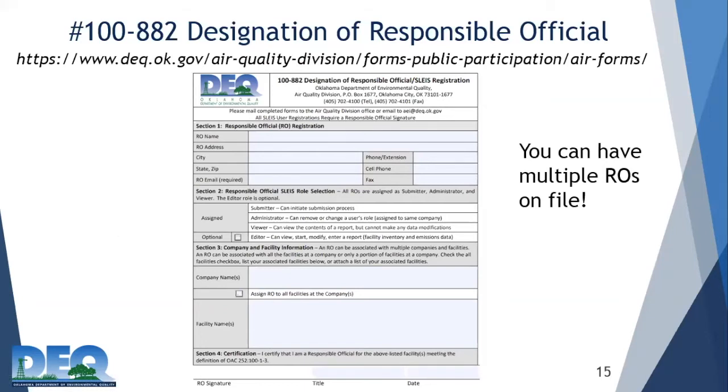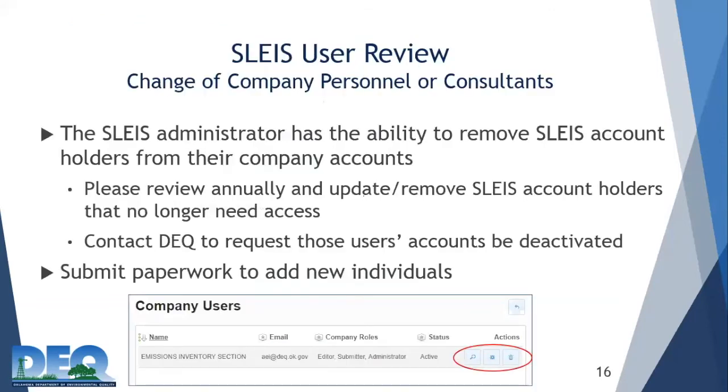If you need to look at what you have in SLEIS currently, you can log in and look at the company users or facility users. The RO is given the submitter and administrator role automatically, and having the administrator role makes it so that you can remove other SLEIS users from your company.